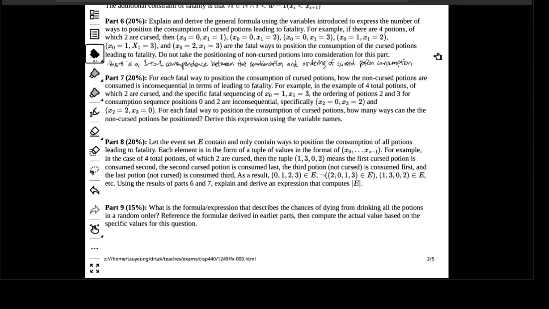And as a result, the answer to this question is going to be